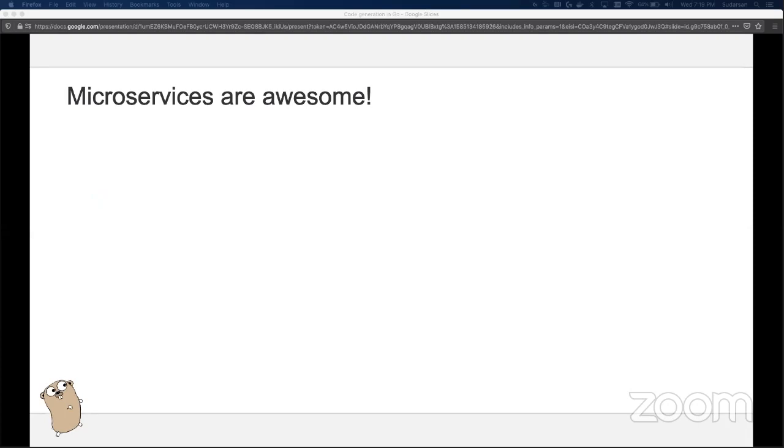So basically, the story starts with microservices. We all know it's awesome. This slide is deliberately empty. It's because most of us know why we like microservices. They're very scalable. You can work on independent microservices, independent of each other. You can scale out services independently as well, right? So they are awesome. And the way we structure our microservices is they are reusable by multiple services downstream, which led us to